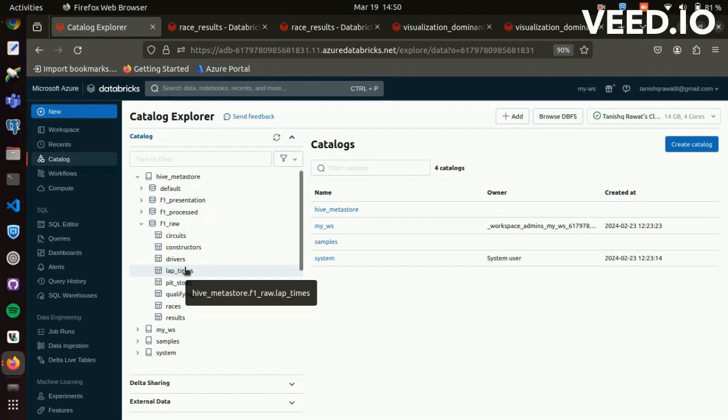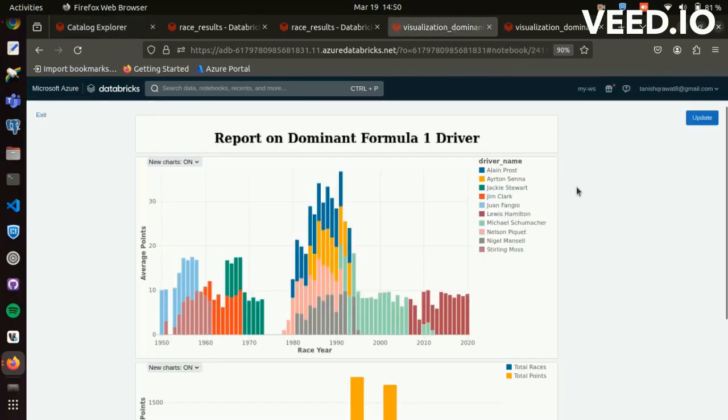Now let's jump on to the demo part of the project. First, I will show you the most dominant drivers. I have picked the top 10 drivers of all time based on the average points they have got in their career. In the starting decade, we can see Juan Fangio dominated.